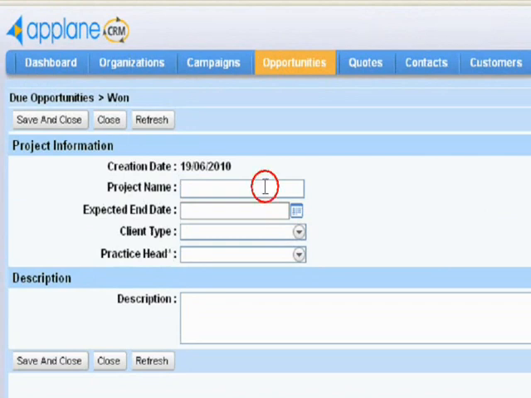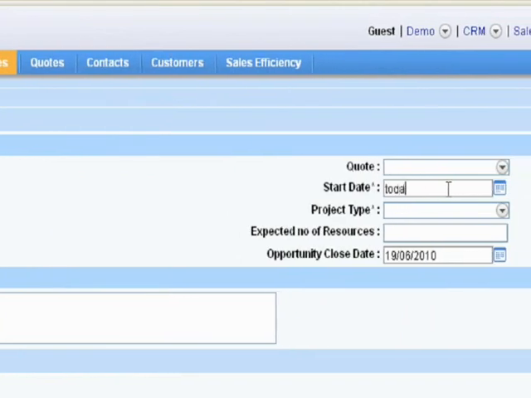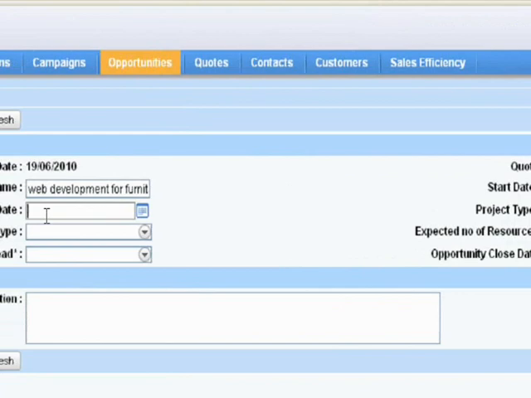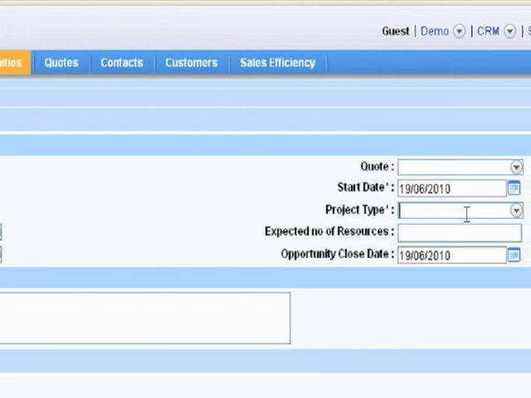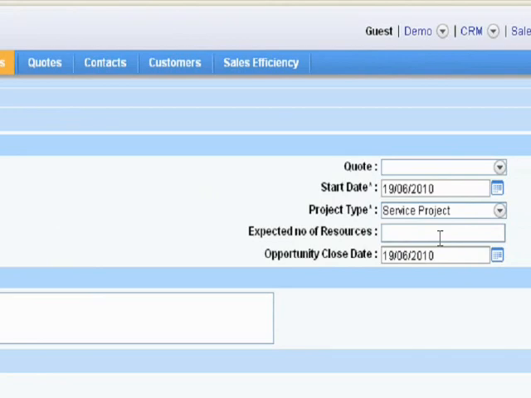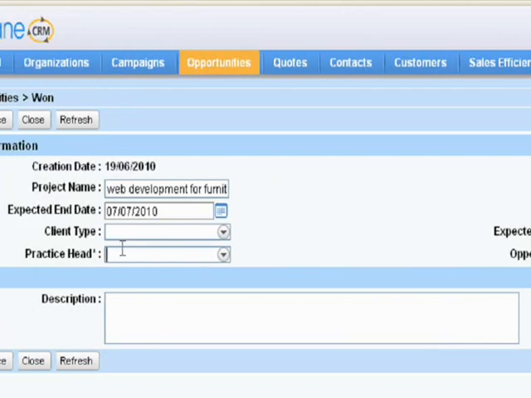In this new page, we define the project name, give it a start date, give it an expected end date, define the project type, define the practice head, and then save and close.